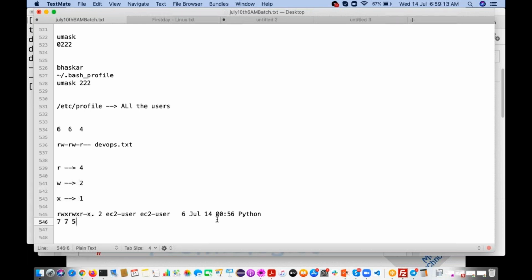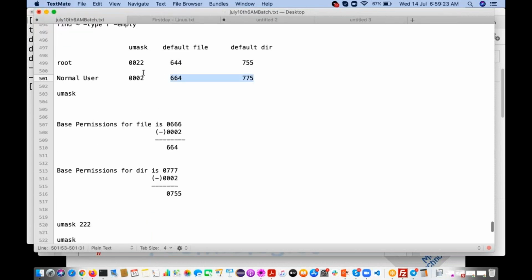So if you create a directory with a normal user, we get 775 permissions. You can validate it. Now it is clearly understood, right? The default permissions are set based on the UMask value only. Agree with me?